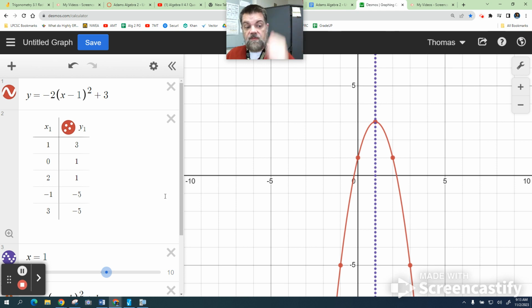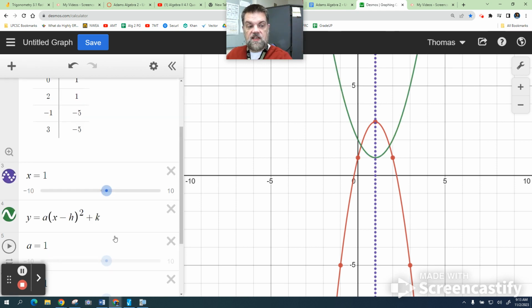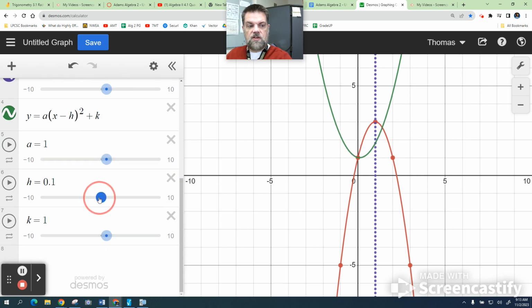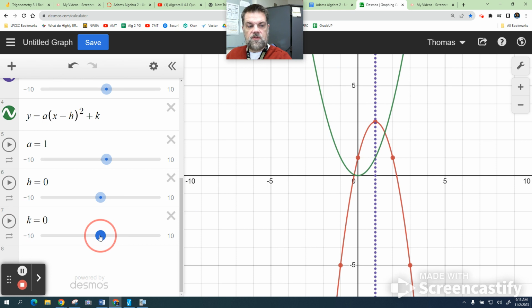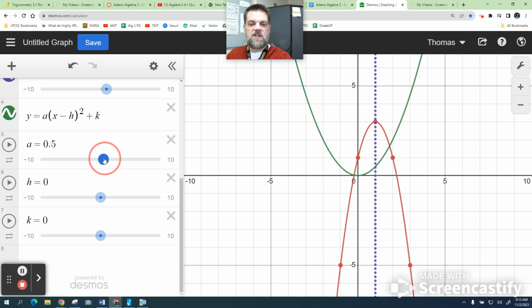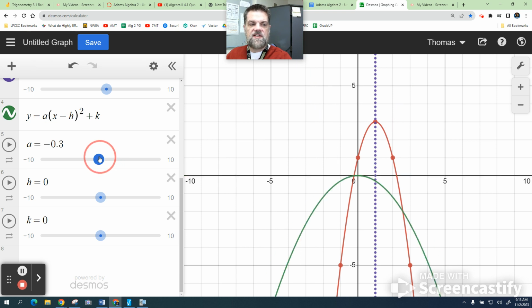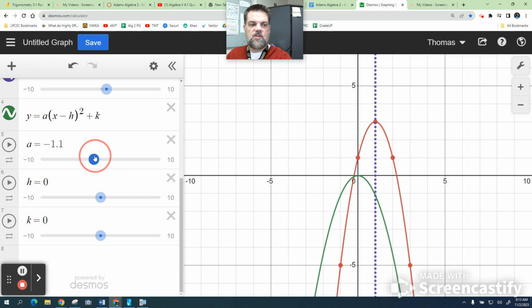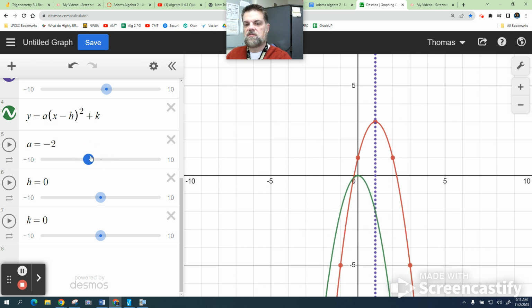Now wait, I'm not going to stop the video just yet. Let's plug this in and watch the transformation. So remember that the parent function occurs when h equals 0 and k equals 0. So this is basically y equals x squared, that green line, right? So when I change a to -2, watch what it does. It compresses it, and then when it becomes negative, it stretches it in the other direction. Vertically, it stretches it downward. Then my h value is 1, so